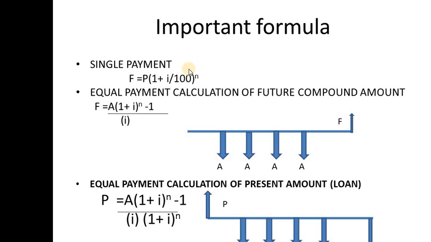You remember that? This is formula 1, single payment. This is formula 2. This is formula 3. So we can say that formula 2 is the equal payment series, sinking fund, and formula 3 is the equal payment series, capital recovery amount. So I will put numbers only. If I am explaining something, I'll say numbers.